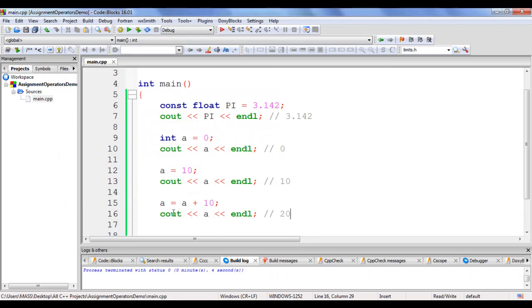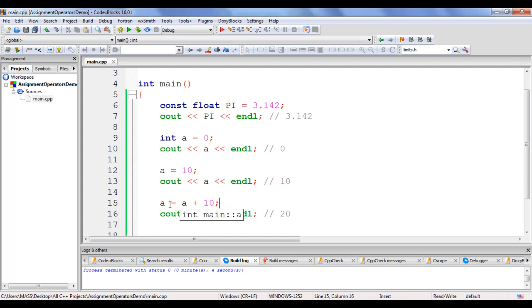If you carefully observe, before the equal to symbol and after the equal to symbol, we have the same variable. Whenever you see the same variable on the left hand side and right hand side of the assignment operator, you can minimize this code, guys, with the help of shorthand assignment operators.